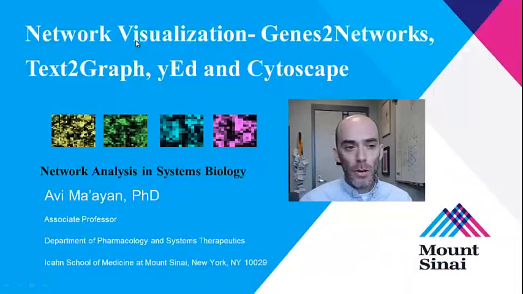So today we're going to talk about network visualization. We saw how lists of genes or proteins that are identified as differentially expressed when comparing disease cells versus normal, or perturbed cells versus control, or lists of genes identified as having mutations that cause a specific phenotype, or lists of targets of genes for transcription factors as determined by ChIP-seq,